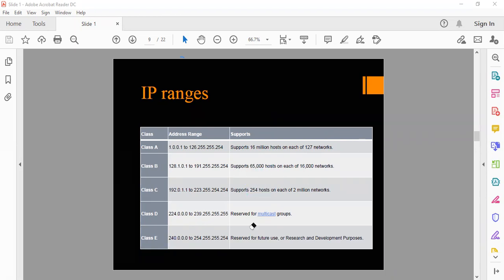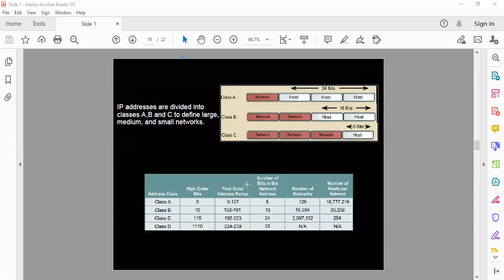This 127 IP address, maybe they will ask this question in your exam. This is loopback IP addressing. It is reserved for testing. Suppose like you use ping. As we have already discussed at the beginning of our class,